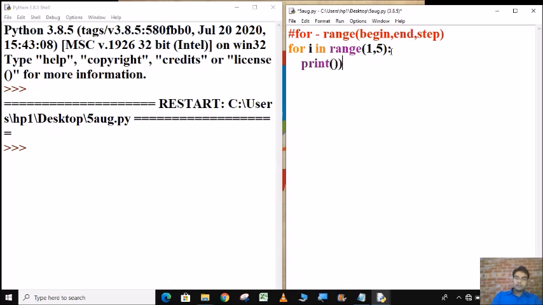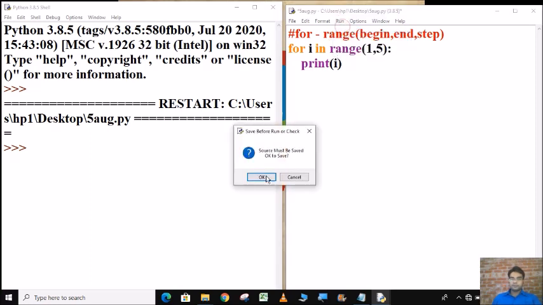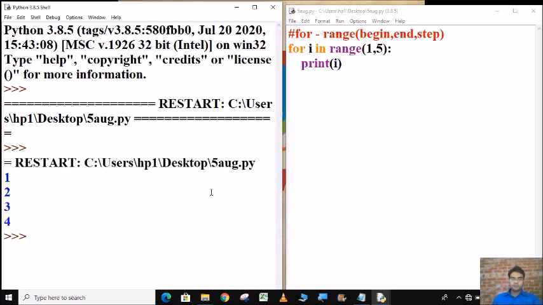Print i. See, 1, 2, 3, 4. It is moving till 5, but it is not including 5.